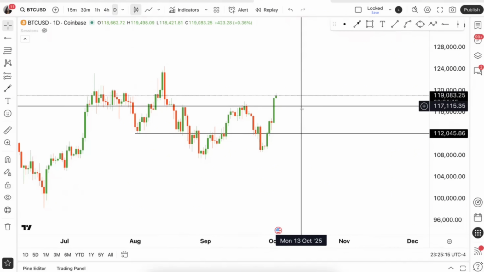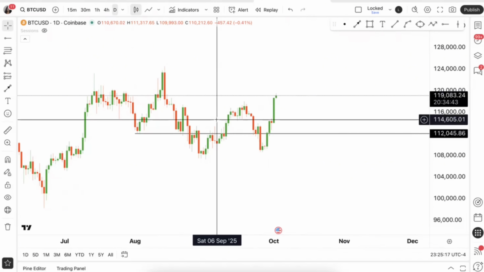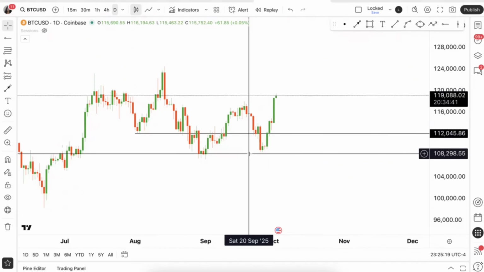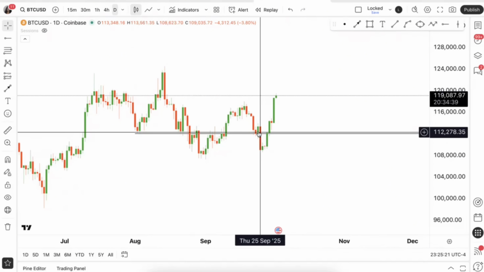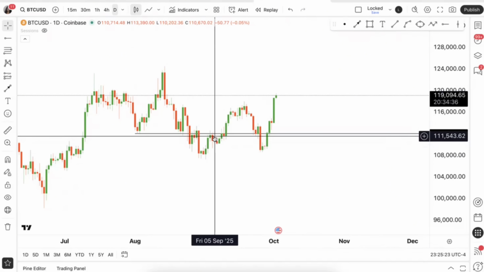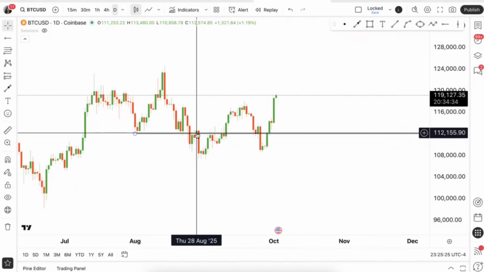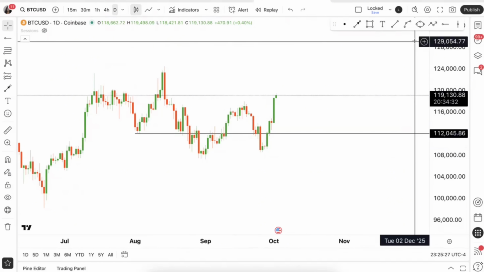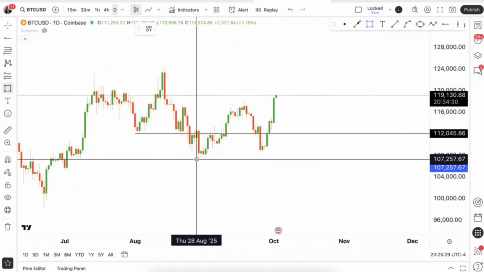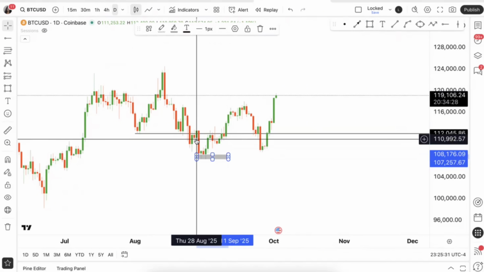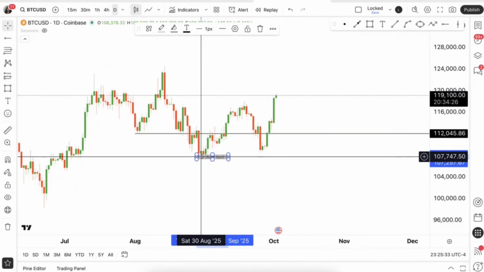So yeah, with this being said, we ended up selling below this level. So selling here, selling here. If we see here as well, once we sold that first time, we made this low. And this is going to be the main key point here. We sold and we made this low.